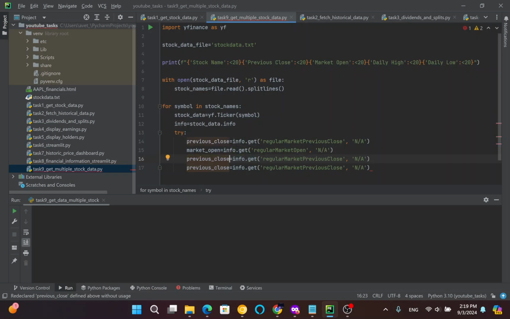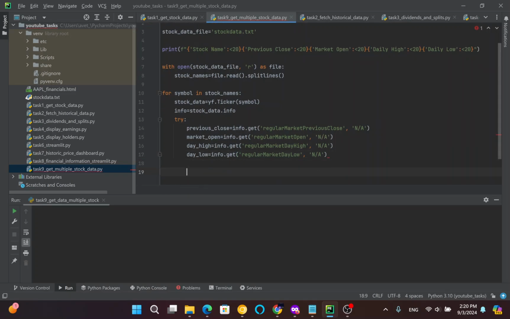Third one comes daily high, which is regular market day high, and day low. Same way, it will be day low. With all of this, print,